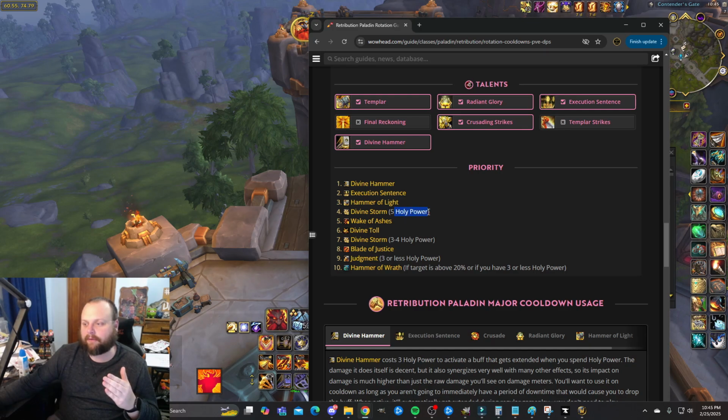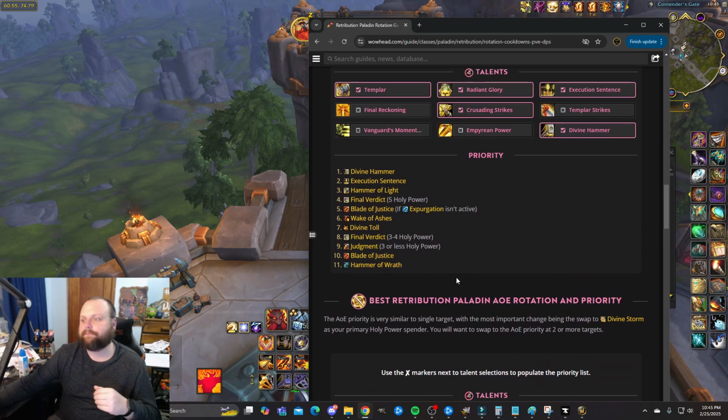And when it says at 5 holy power, that means because you're at 5 holy power, you don't want to overcap. You don't want to be at 5 and then use Judgment and get to a theoretical 7 that doesn't exist. Instead, you want to make sure you use your Divine Storm or your Final Verdict when you're maxed out. That's all that means. Now, with our tier set, which we will be going over as well,